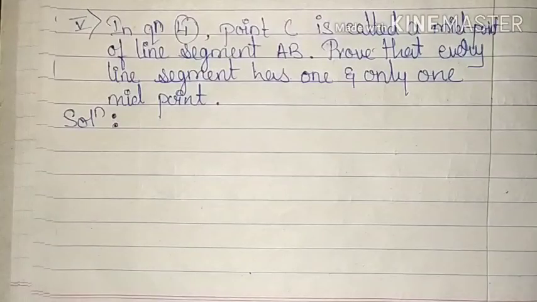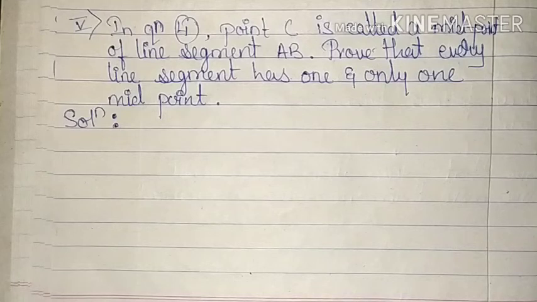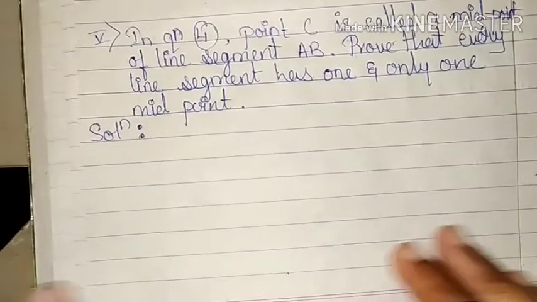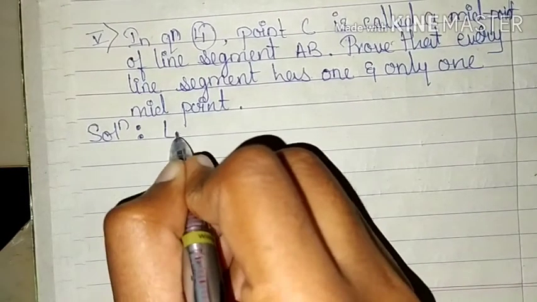Moving on to the fifth main. In question number 4, the point C is called a midpoint of the line segment AB. Prove that every line segment has one and only one midpoint. So in the previous question we saw that there was a point lying in between A and B on the line segment AB, and we proved that AC is equal to half AB, and we were given that AC is equal to BC. So C was the midpoint of that line segment. In this question we have to show that there is one and only one midpoint for each and every line segment. So to prove that, first let us assume